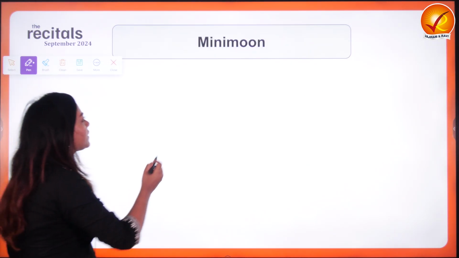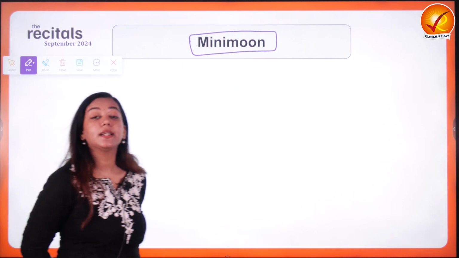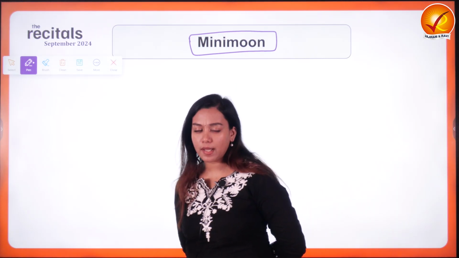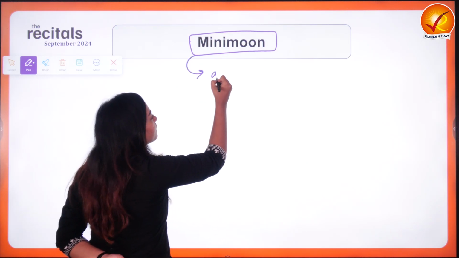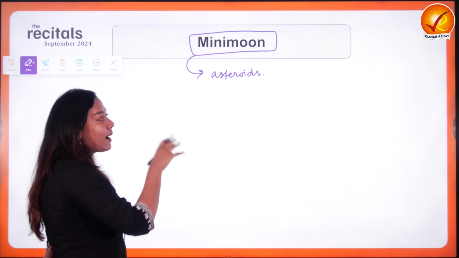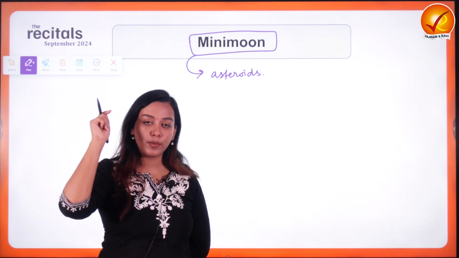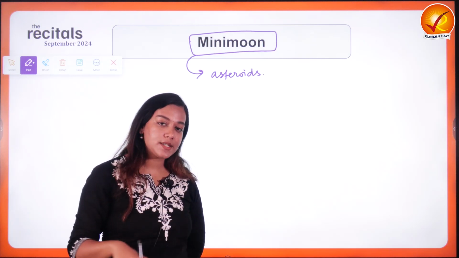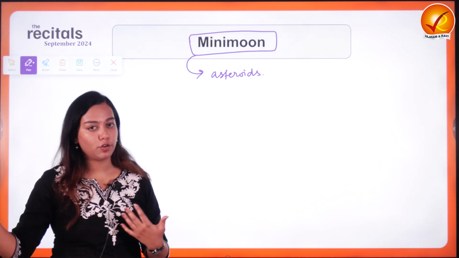Now this one is a very interesting and a cute topic. So this is about Minimoon. Okay. So what is recently happening is that Earth is about to capture an asteroid inside its gravity, inside its orbit, only for a time being. And this topic is about not the moons but the asteroids. So sometimes asteroids or meteoroids get captured, extra-Earth objects get captured inside the orbit of the Earth, just like the moon, not in the same orbit as that of the moon, but in some other orbit, stay there for some time and then go away, escaping the gravity of the Earth.